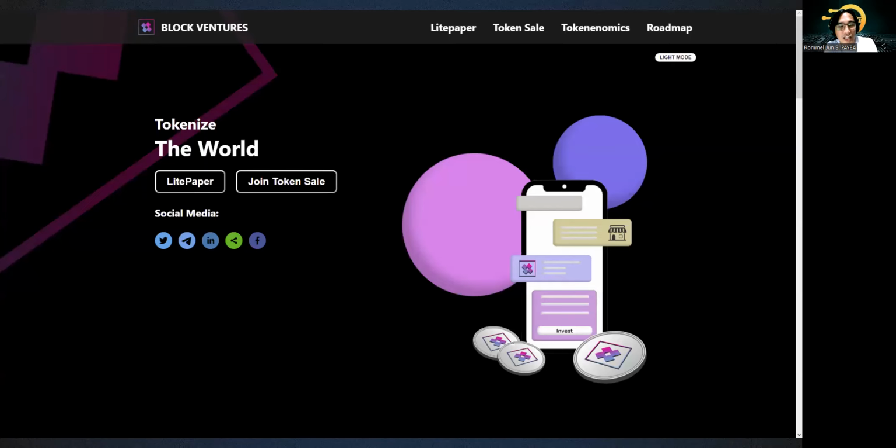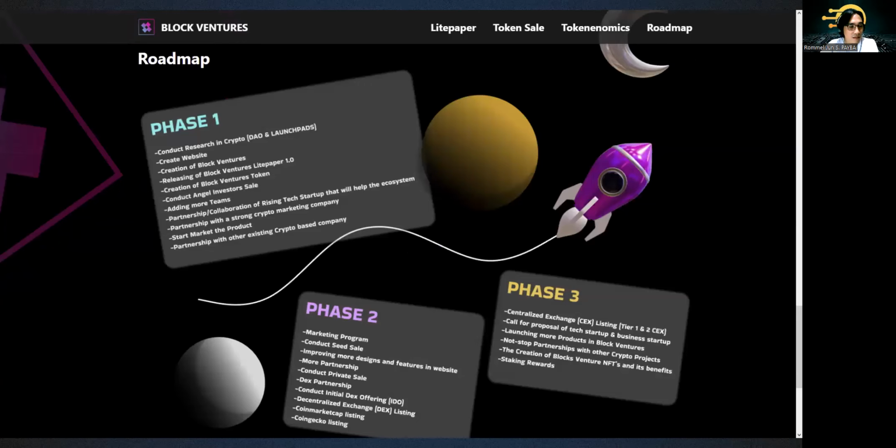And this is what we are working on now. We are trying to create a ventures capital firm. We're calling it Block Ventures. And we have a long way ahead of us. Dugani class, Dugani guys, this is aimed towards a project of several years. It's going to be a long journey, and we're hoping that we can take you guys on board with us. So if anybody wants to be part of a blockchain project, hit me up and let's see what we can do from here.